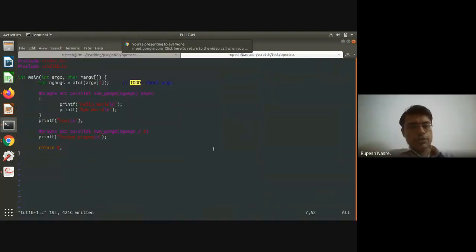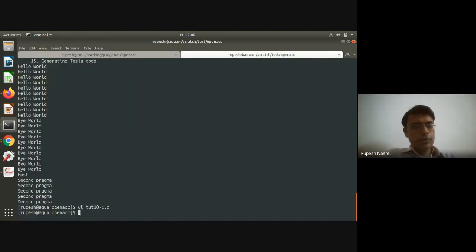Because of this async, the barrier at the end of this pragma construct is not there, and therefore host might get printed a priori, because the host is now not going to wait for hellos and byes to be done.